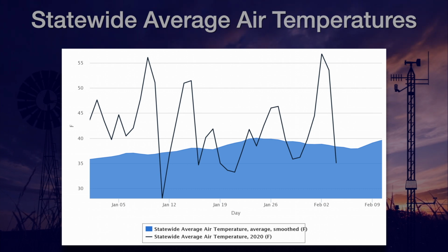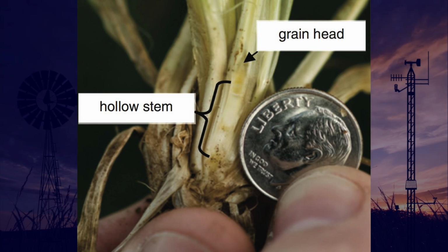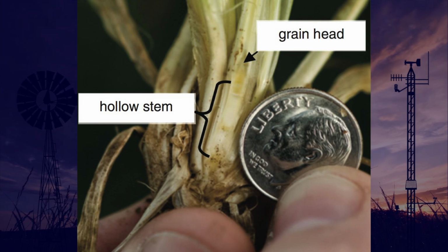Once the wheat reaches the growth stage called first hollow stem, cattle left on grazing it can severely impact grain production. First hollow stem is where the grain head moves from the ground level up to where there is about a half an inch of hollow stem below it. Scouting ungrazed area of the field and splitting stems with a knife is the only way to know for sure